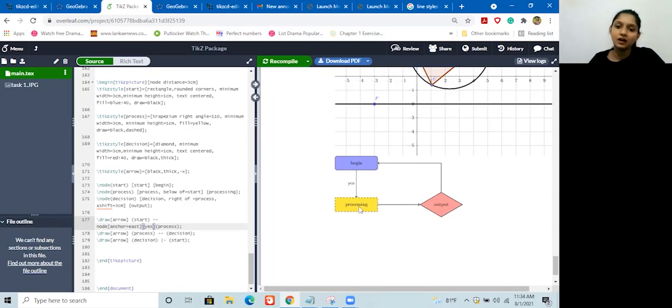Now this is how you design a simple flowchart. Now that we have discussed flowcharts, let's move on to commutative diagrams, which is kind of difficult if you try to do it manually. So I found a way which is easy